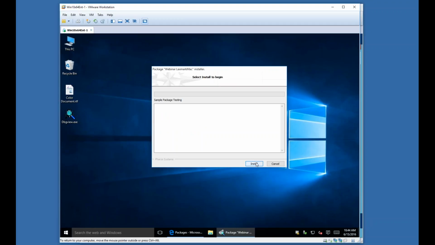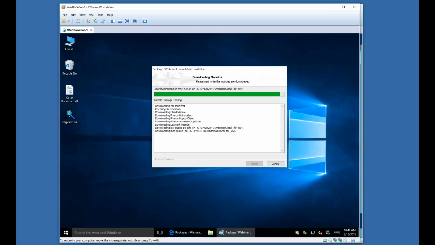you get a very blank window here with an install button highlighted in the corner, and we're going to go ahead and click install. And you'll see right now it's downloading the modules. That's because we're using the light package, the package that does not contain all of the executables by itself. And then it begins installing them. So it's installing a check module, and it tells you status. If there are any error messages, hopefully we won't see those today, then the installer will go all the way